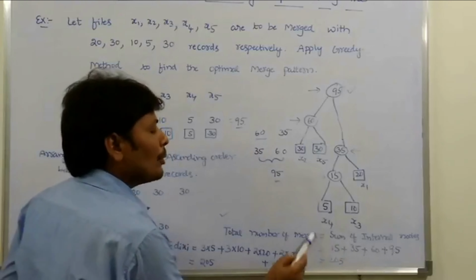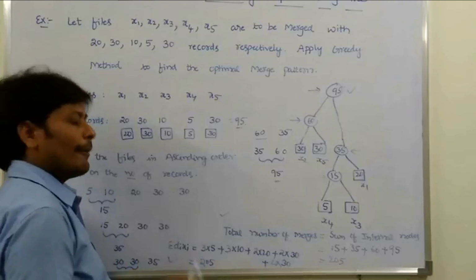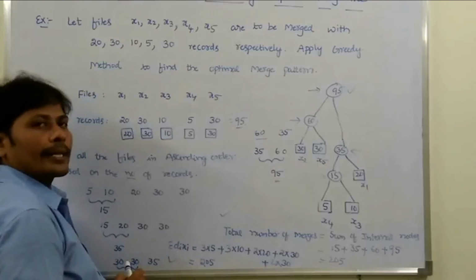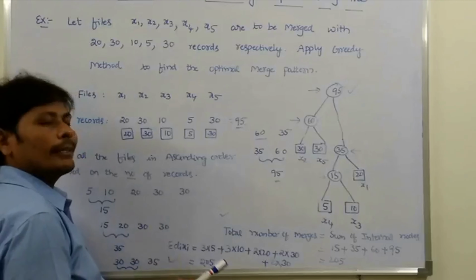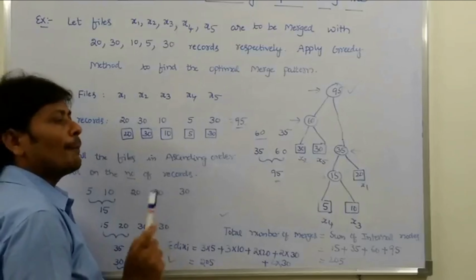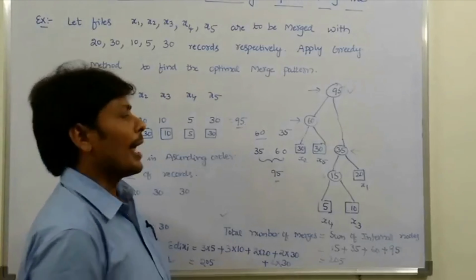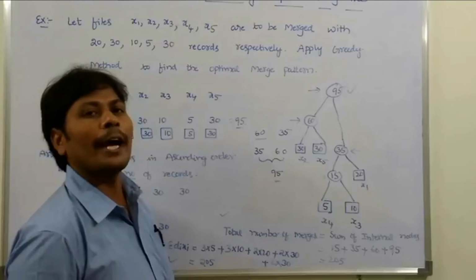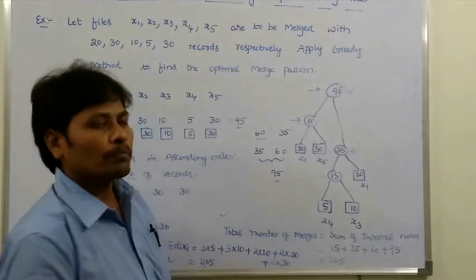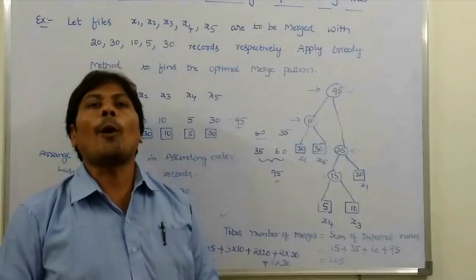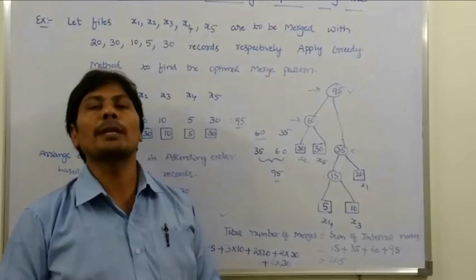The same value can be obtained from the distance from root node to leaf node, that is sigma di xi, which is equal to d1x1 plus d2x2 plus d3x3 plus d4x4 plus d5x5. So this value is also 205. Either way we can use it to find the total number of merges. So this is the problem of finding the optimal number of merges in the case of an optimal binary